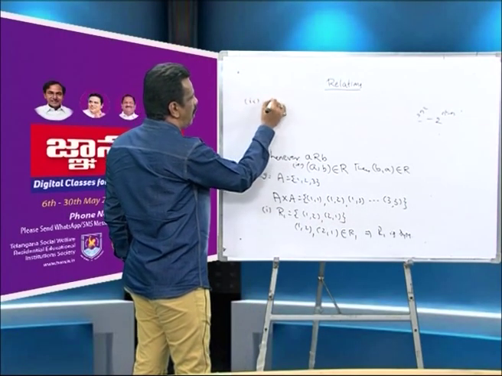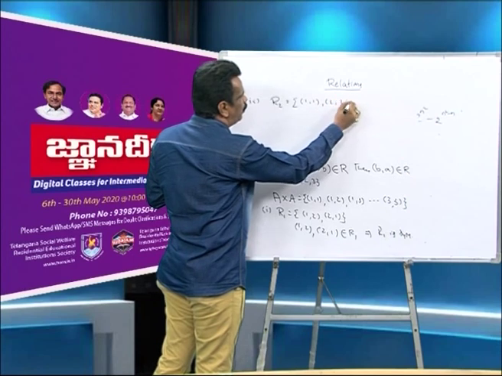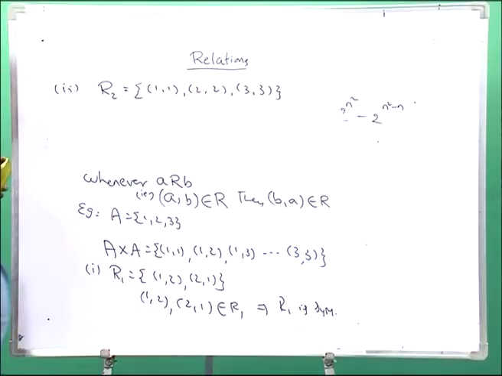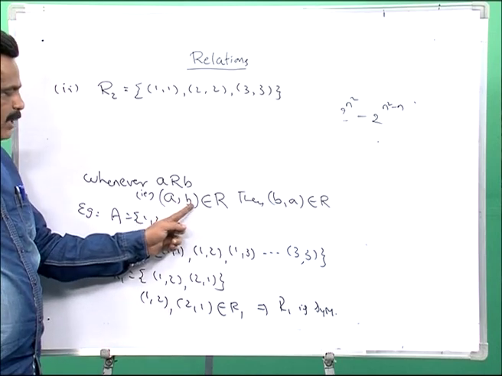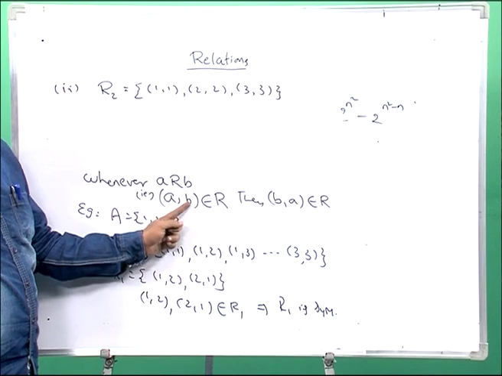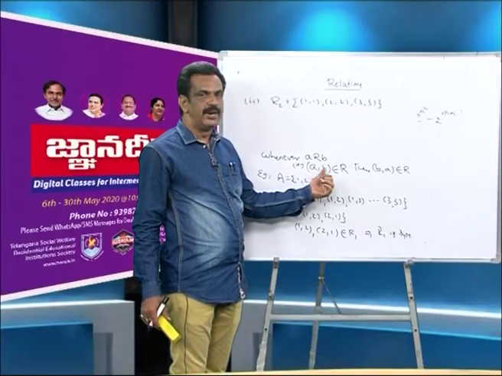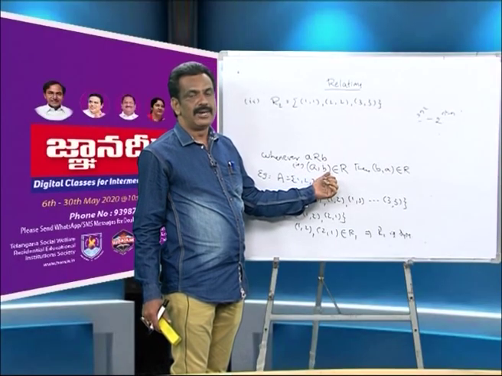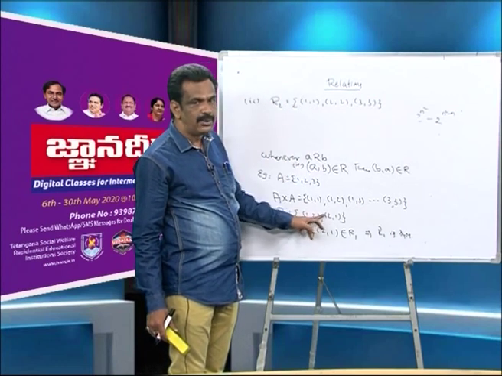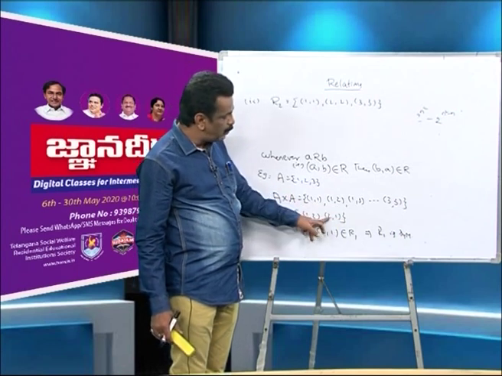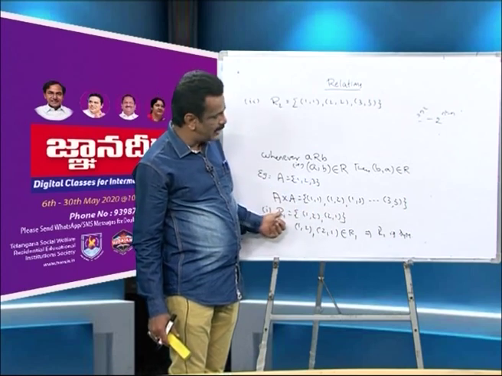And we can take one more example here. Point number 2, R2. See, R2 I am taking 1, 1, 2, 2, 3, 3. Here what we can do? According to the symmetric property, if A is connected to B, means first element is connected to second element, definitely that second element must be connected to first element, or simply we can say if you interchange A and B in the ordered pairs, again you will get an ordered pair that is also available in R2. Here 1 comma 2 we have, interchange 1 and 2, you will get 2 comma 1, the 2 comma 1 present in R, and even 2 comma 1 we interchange 2 and 1, you will get again 1 comma 2 that was there in R1, and hence R1 is symmetric.